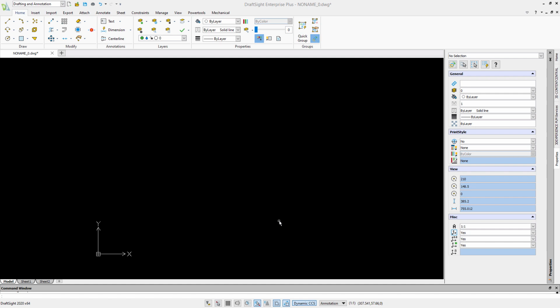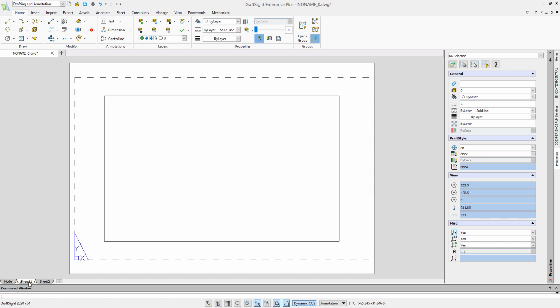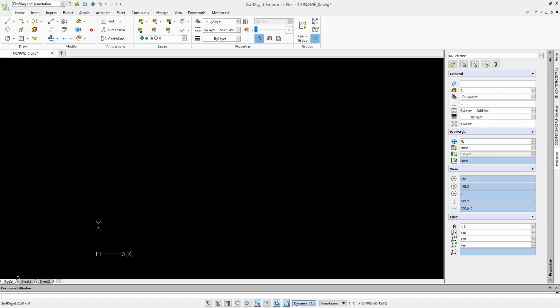We start in the graphics space. This is where all your drawing work will happen. Currently we have a black background. This is our model space. This is where the main design work happens. At the bottom there are some tabs, and we can see some sheet tabs. These enable us to create a border with a window or viewport back to the model space. We'll look at those in more detail in a later video.